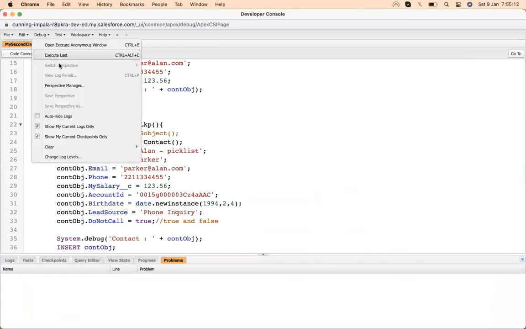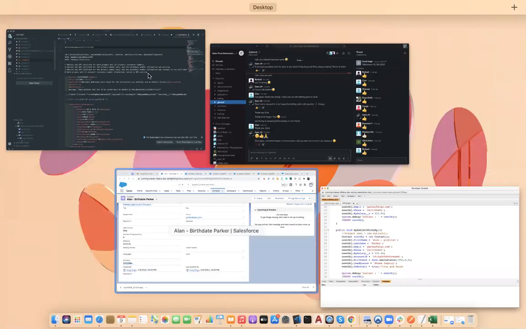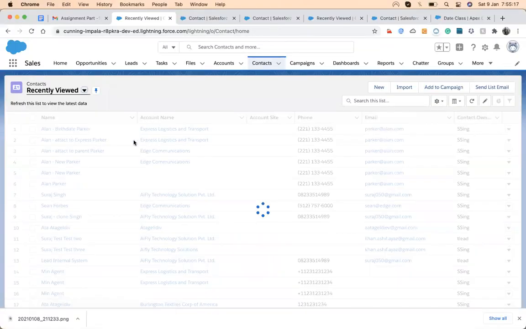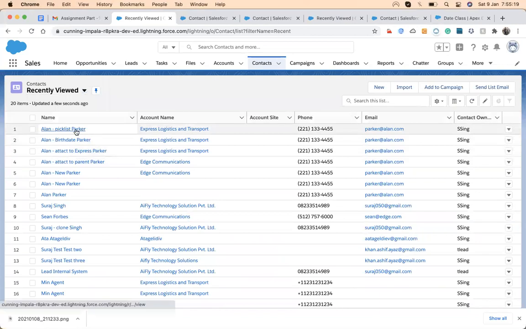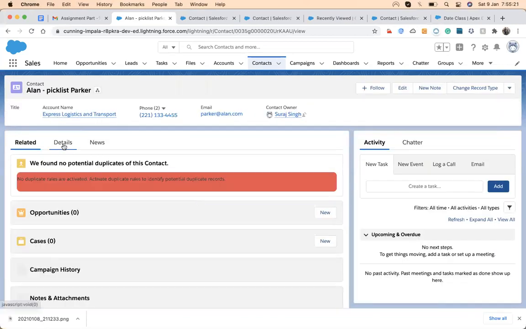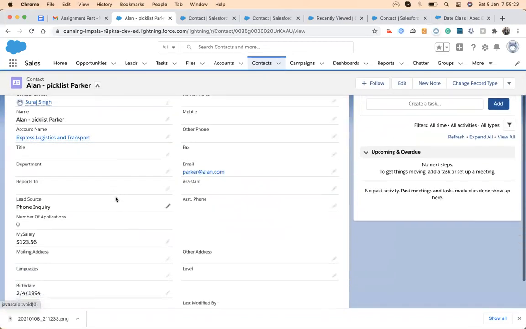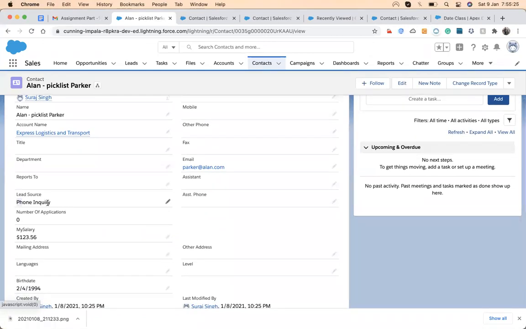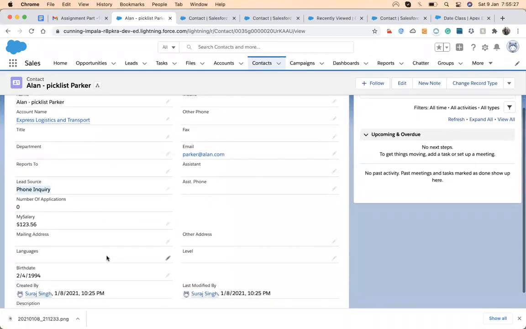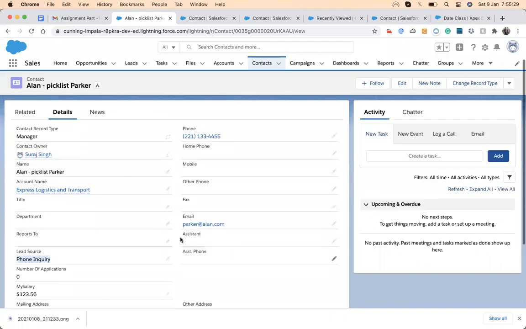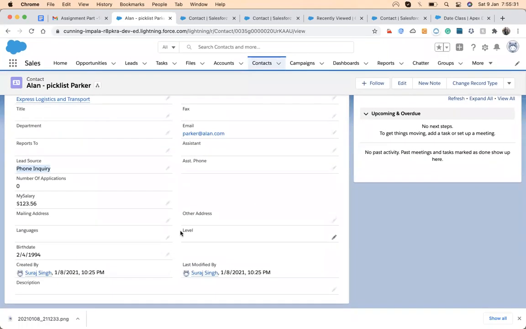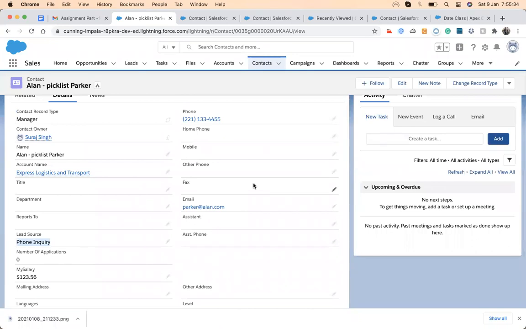So I'm just going to execute. Okay, you can see that phone inquiry got populated, and one more thing, do not call. Might be it's not added in the layout.